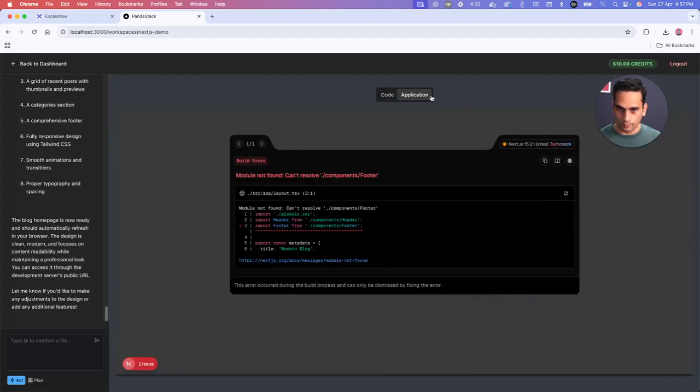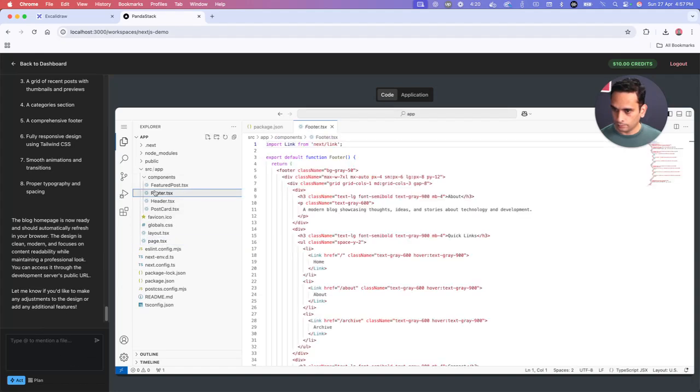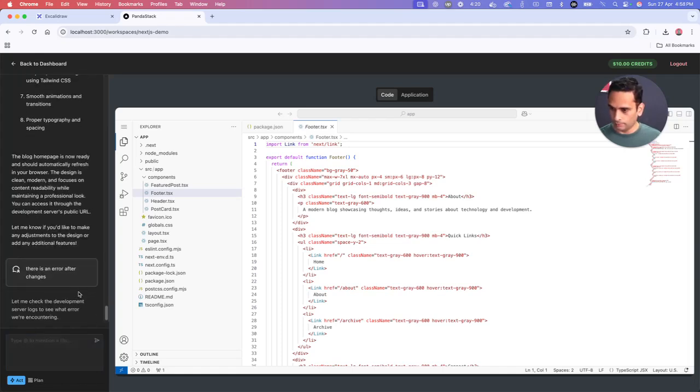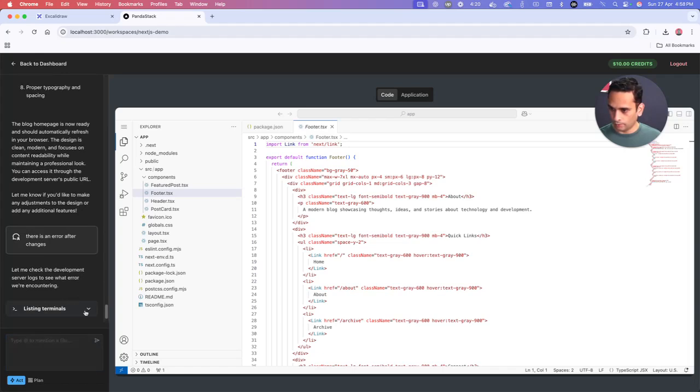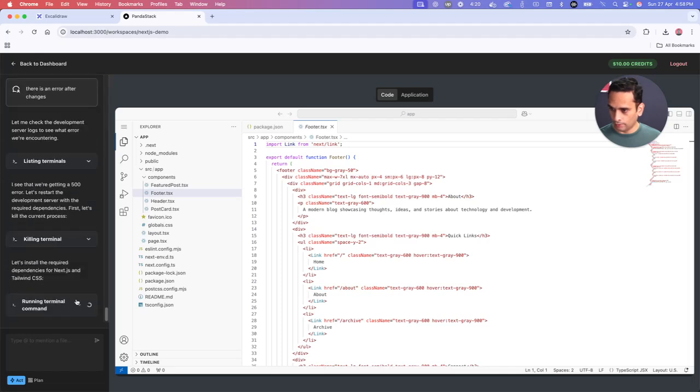Not sure what this error is for. Component slash footer. I'm not sure what this error is about. You can say there is an error after changes. And let's see what it does. It takes the development server log. So it's looking at the logs and trying to understand. I see there is an error. Let's start the development server. It's starting a new server, and